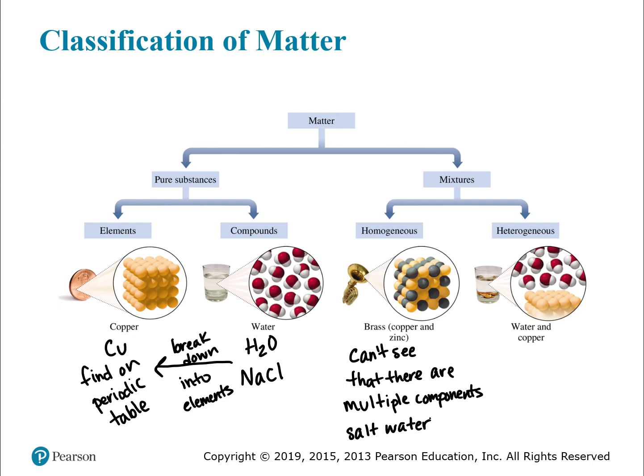A heterogeneous mixture is something that you can see clearly there's more than one thing in here. They can be physically separated very easily. One example would be water and copper. So